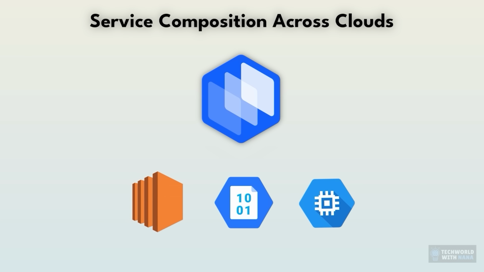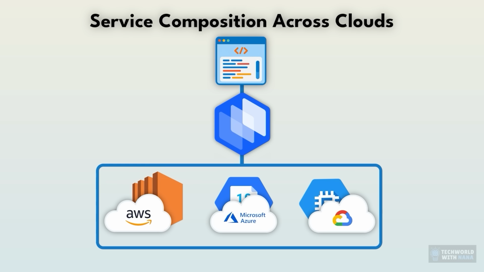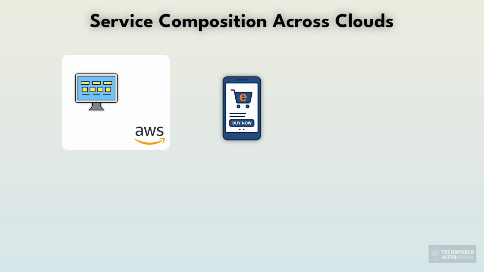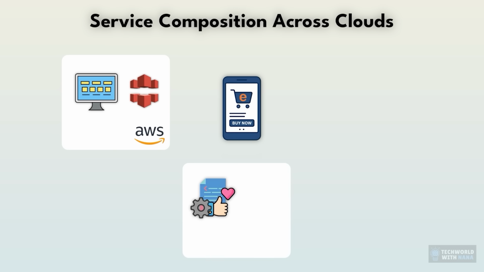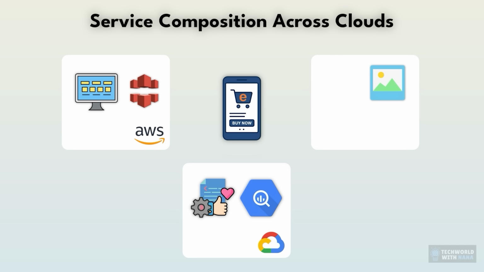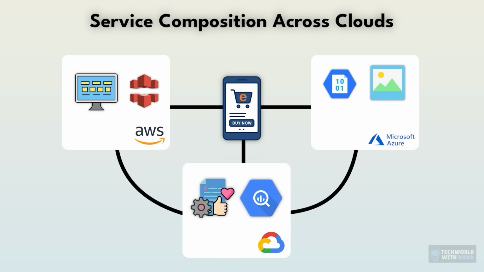Second one is that with Control Plane, you can mix and match services from different clouds in the same application. Again, let me give you an example. Let's say you're building an e-commerce application and you decide that you want to run the web frontend on AWS because you're already using AWS CloudFront and CDN, but you want to run the recommendation engine on Google Cloud because you're using BigQuery to analyze customer behavior and train your models, and you store product images on Azure Blob Storage because, let's say, you negotiated a good price with Microsoft. Now, these services need to all work together. The frontend needs to call the recommendation engine, needs to access product images, and so on.